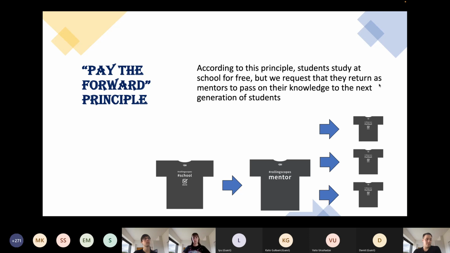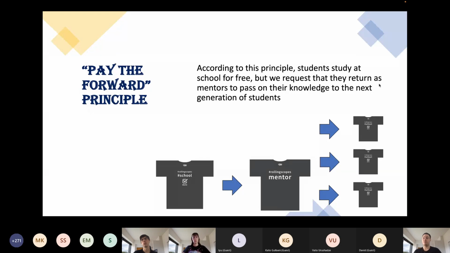Well, I don't have the precise statistics, but some of the students who attended the course and graduated successfully return, let's say, in the next 1 or 2 years as mentors, lecturers, or trainers and so on. And that's how our community grows.